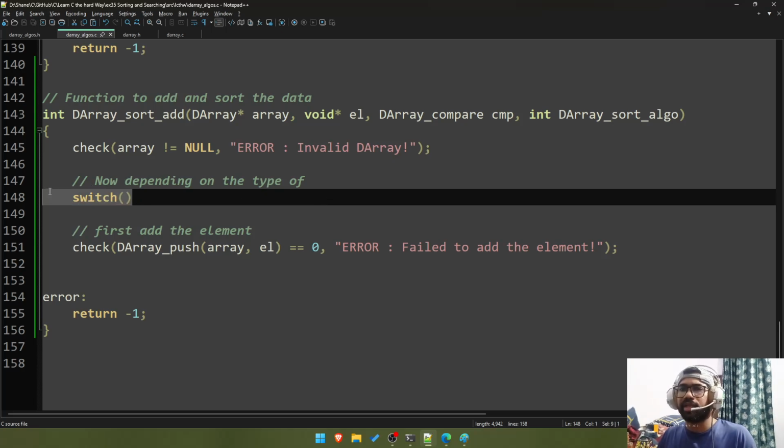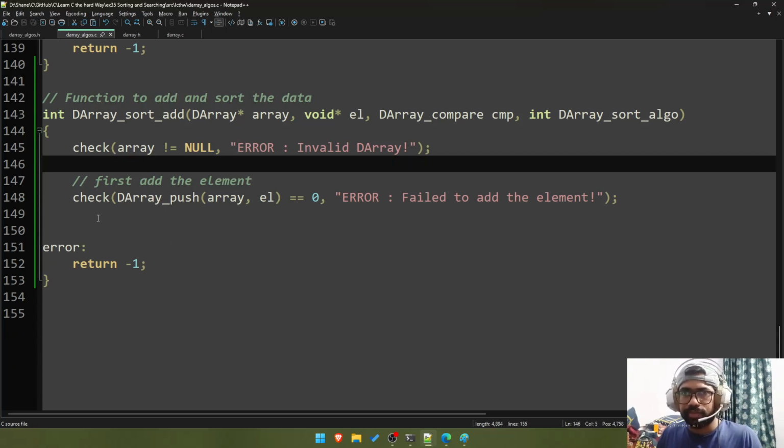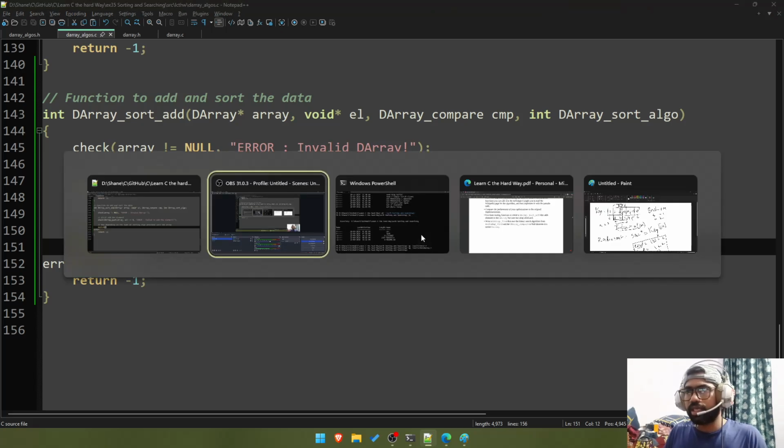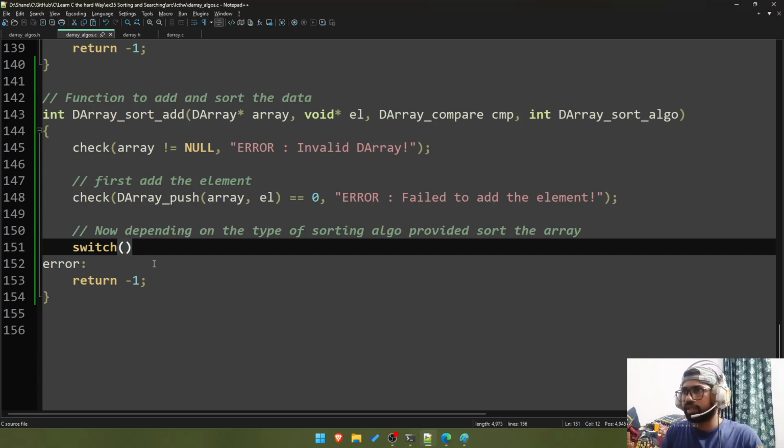Oh yeah, I can default to a method, right? Yeah, okay, now depending on the type of sorting algo provided, sort the array. Okay. So here the array sort algo,